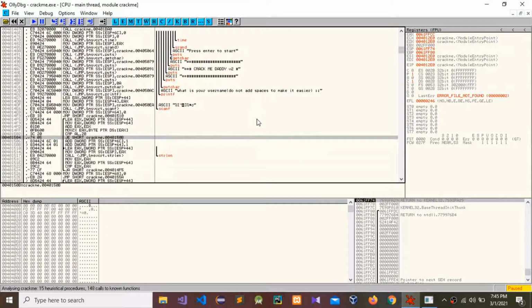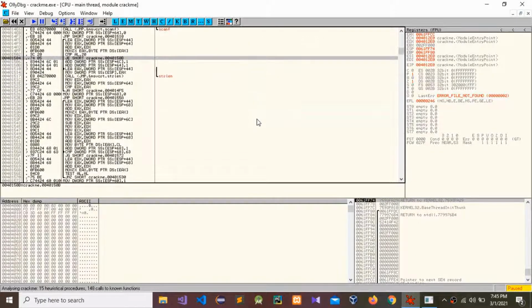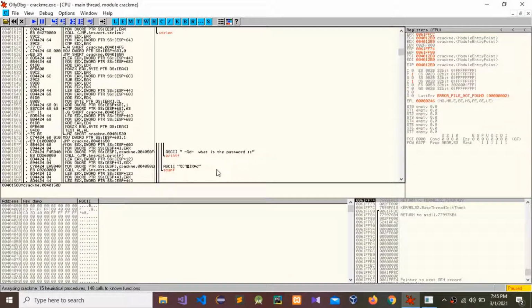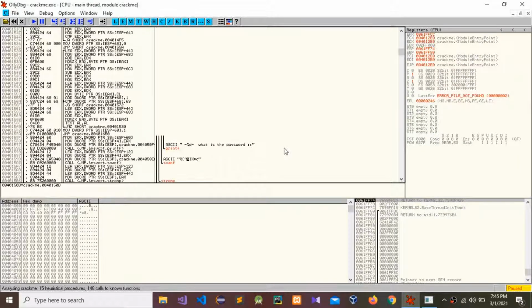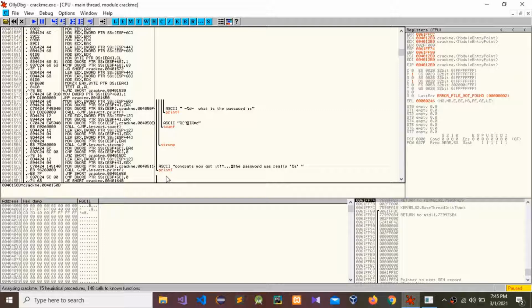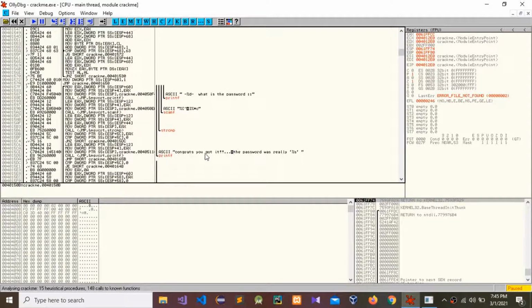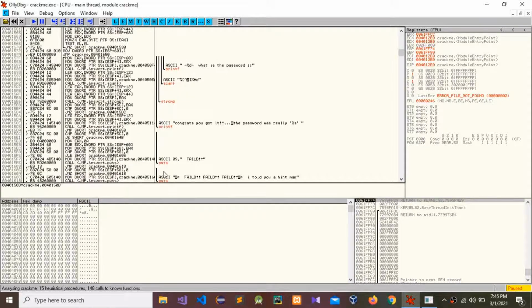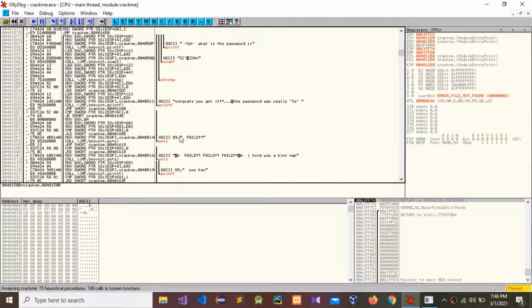And in here you can see "what is the password," and if that password is correct, "congrats, you got it." But we didn't get that message because we don't know the password. After putting a wrong password, it shows the failed message.